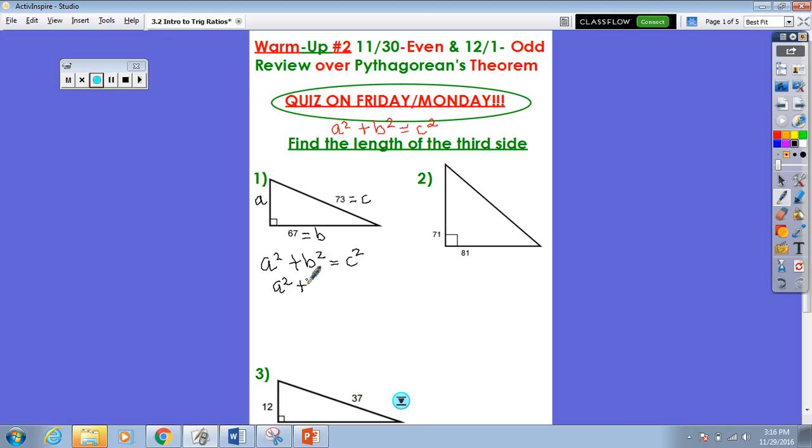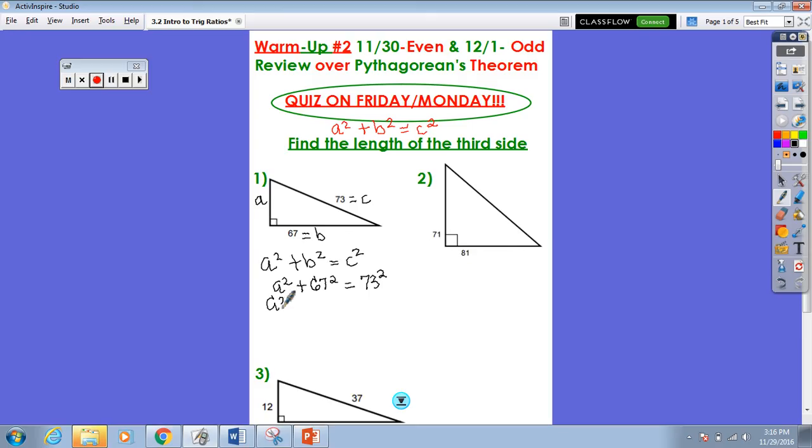B becomes 67 squared, which equals c, which is 73 squared. So the goal is to get a by itself so that we can solve. So order of operations says we have to do the exponents first. So you can either put this in your calculator as 67 times 67 or hit 67 and then your x squared button. And that gives me